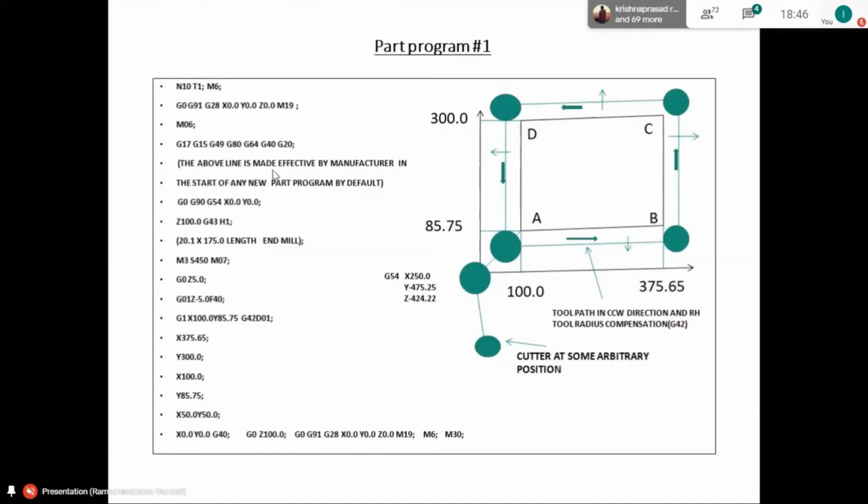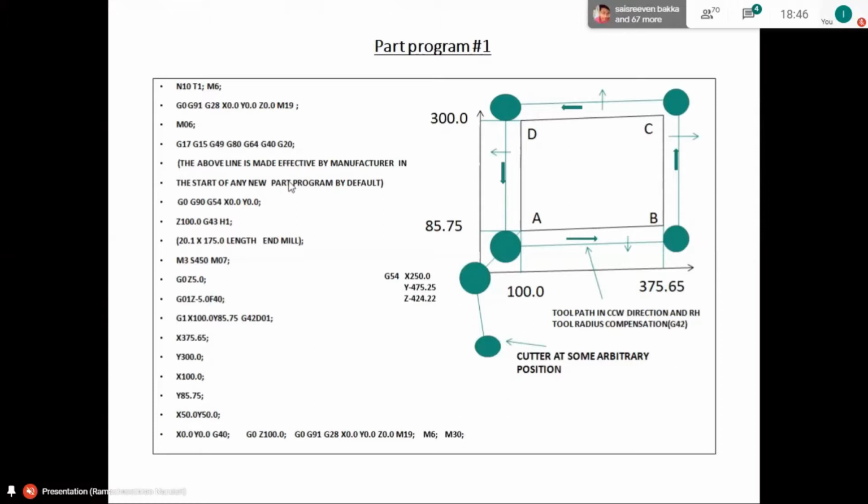For executing this sort of action, we have to give the code like this: G0, G91, G28, X0, Y0, Z0, and M19. M19 stands for spindle orientation. Spindle orientation means, when we give T1 and M6, tool number 1 will be taken from the magazine and inserted into the spindle face.